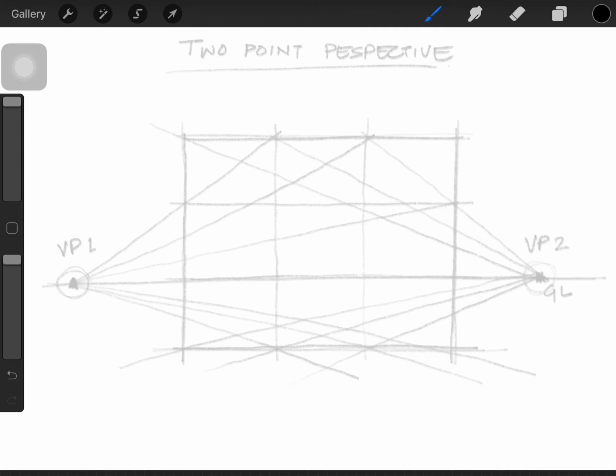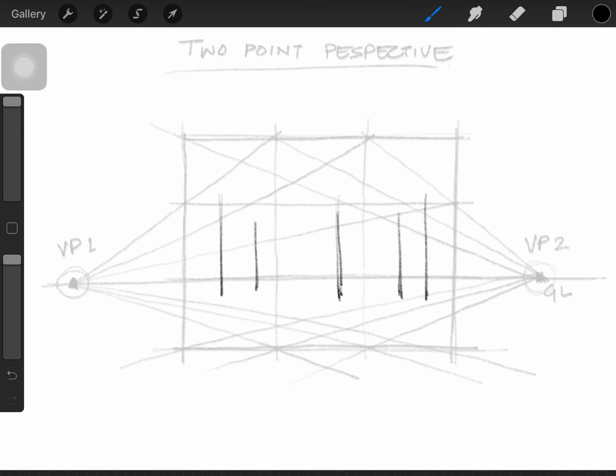So I'm going to reduce the opacity of the grid lines that we have got here and try to draw over it. As you can see here, the edges of the perspective lines are more subtle, and it is going to definitely give us a better view. So for making 2-point perspective, I am going to assume my viewpoint at an angle to the shape I'm trying to draw, which makes our plane of vision at an angle to the subject, because of which the 2-point perspective comes into play, because each flat face has its own perspective.